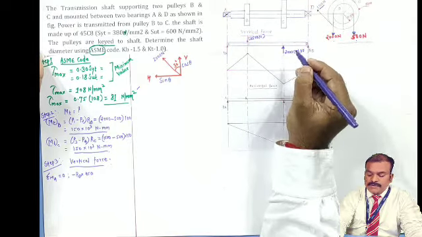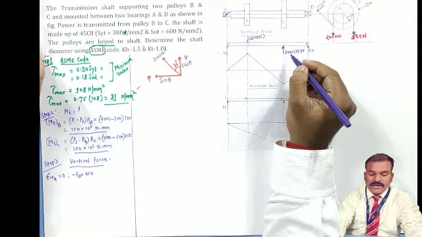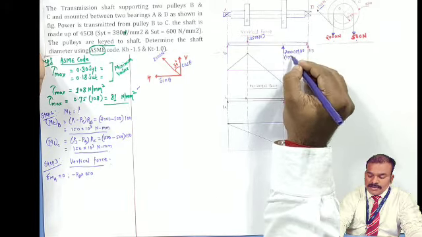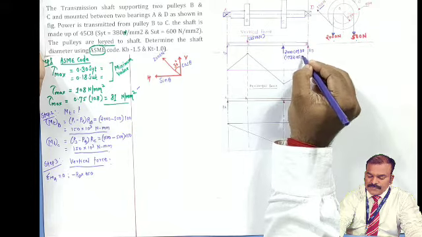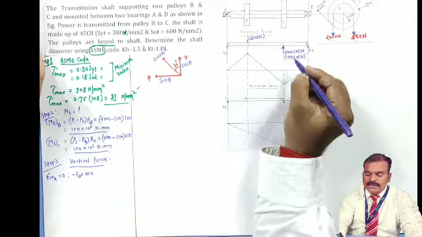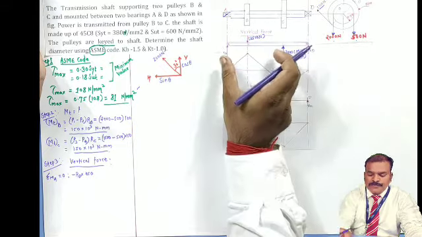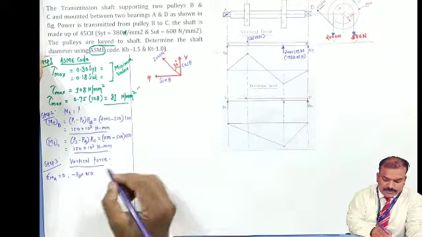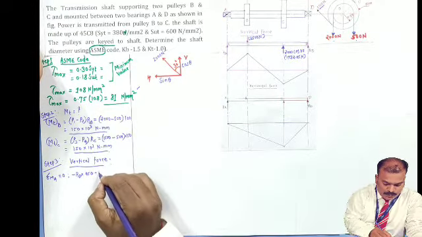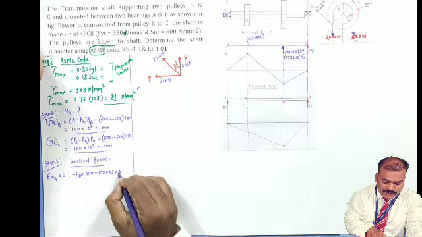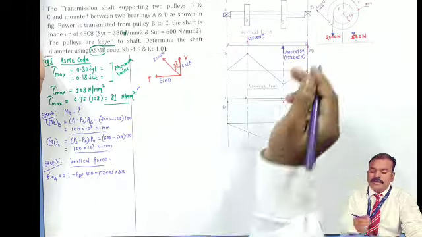So, 2000 cos of 30 I will have to convert from the calculator, and it will come around 1732.05 Newton. So, I'll take that value only. Every time no need to write cos and all that. So, 1732 into 300. So, that distance I will have to take, that is minus 1732.05 into 300. Why 300? Remaining distance with respect to A, 200 plus 100, into 300.